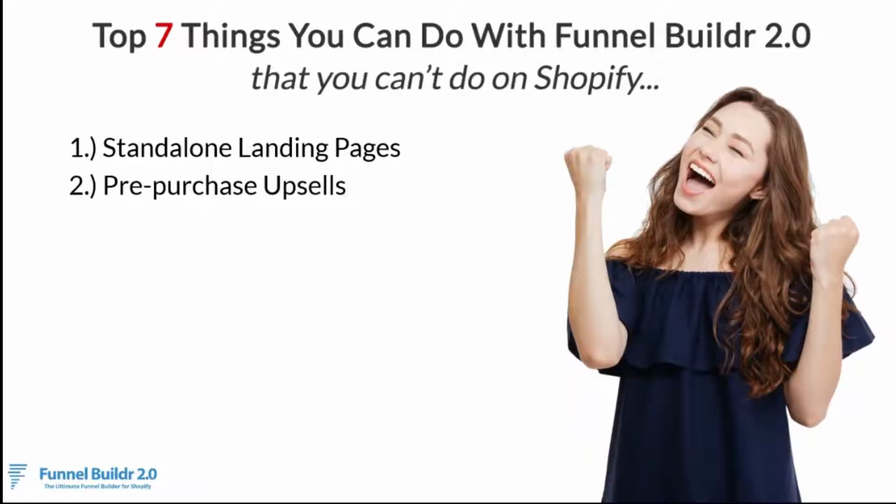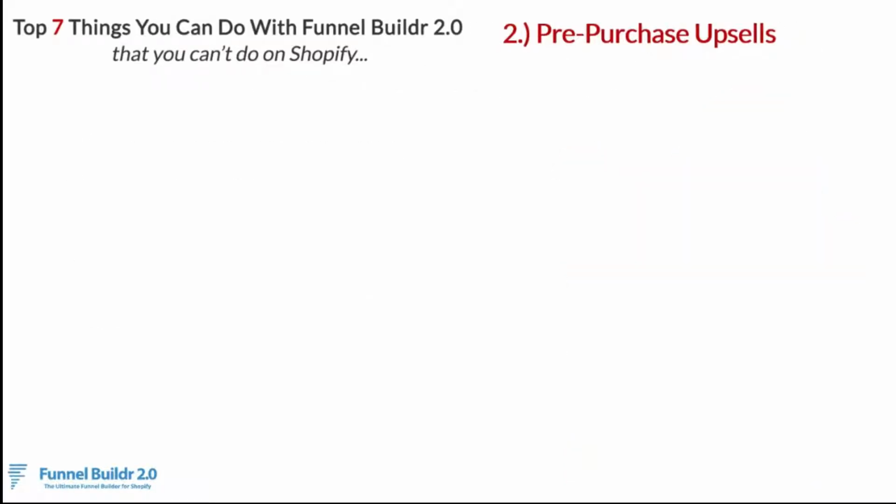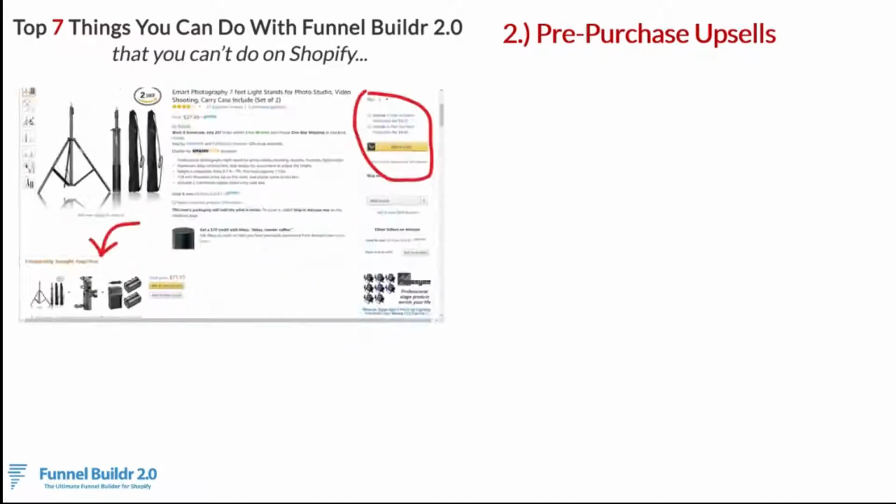Number 2 is pre-purchase upsells. Let's take a look at what the largest online retailer in the world, Amazon, and how they handle pre-purchase upsells. So here's your typical product page, and on the right hand side you'll notice I have circled here, already they're making me pre-purchase upsell offers before we even reach the cart. So on the right hand side there's an accident protection plan. Below the product we have frequently bought together, already trying to get me to bundle products to increase the cart